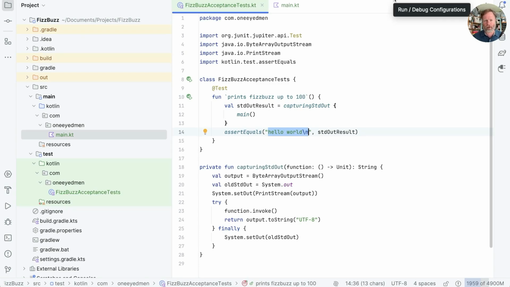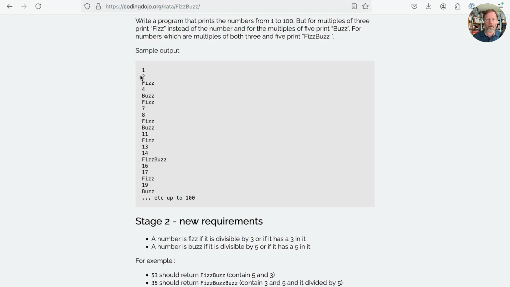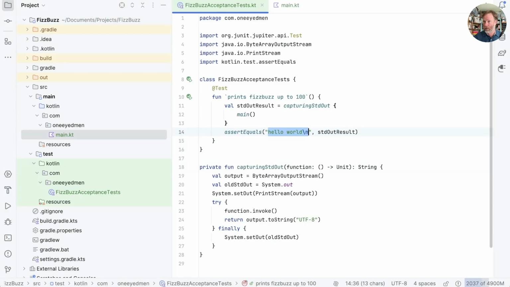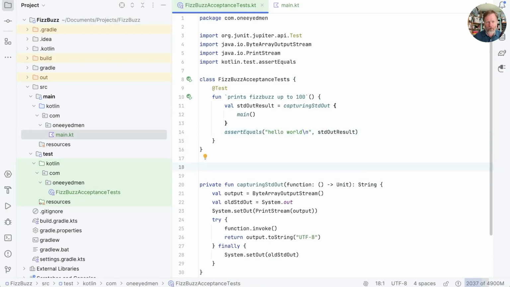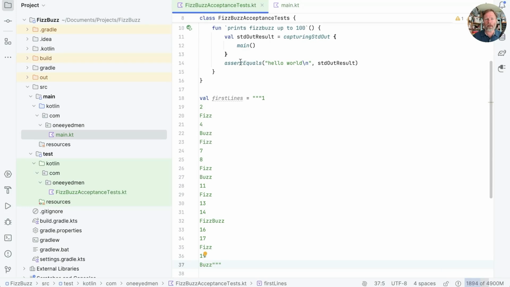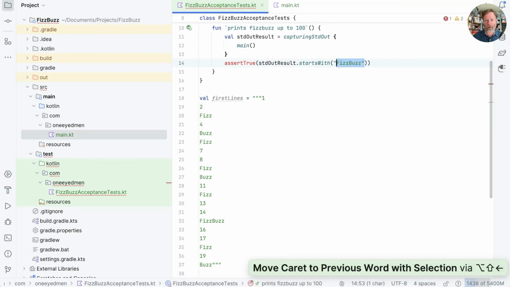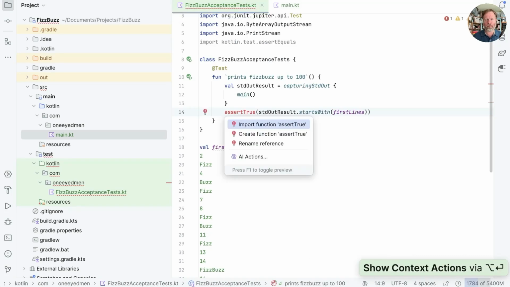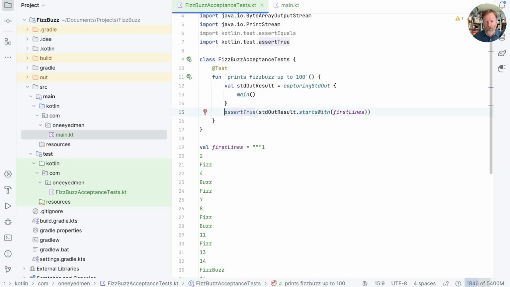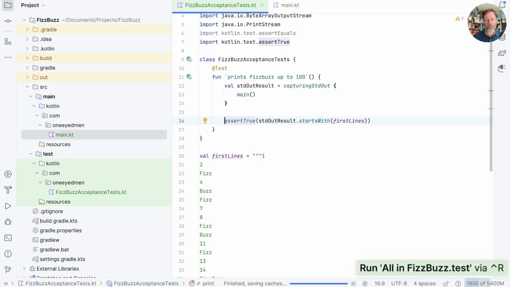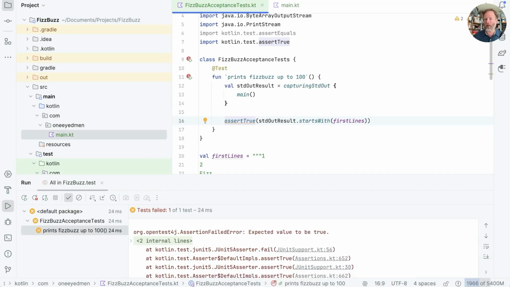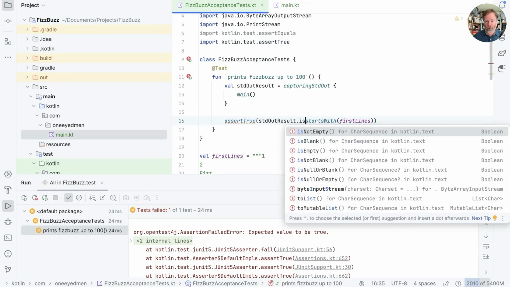And that something else is 100 lines long and is, or at least begins with this. So let's take that bit and then go back. Let's remember those in a little val here. So we'll say val firstLines equals, and we'll paste that into there. And now I think we could say assertTrue stdoutResult startsWith not FizzBuzz but firstLines. We need to import that from Kotlin test, and obviously that's not going to work, but let's just see what it says. Okay, it does fail, and it will fail because in fact we haven't printed anything, so I guess it will be the empty string. We could actually just check that,